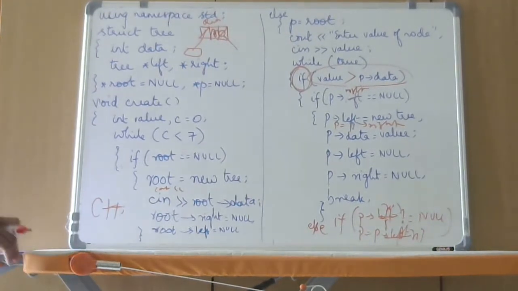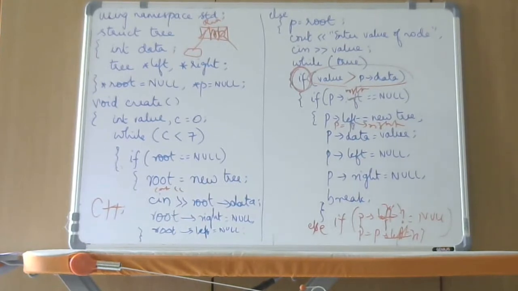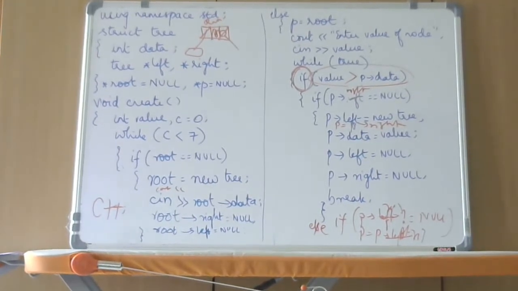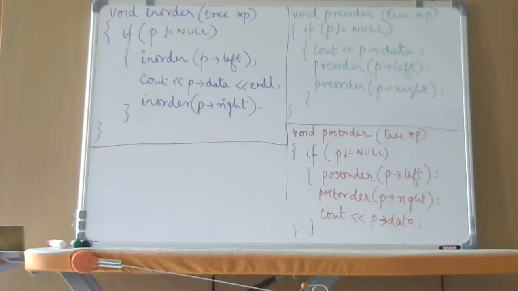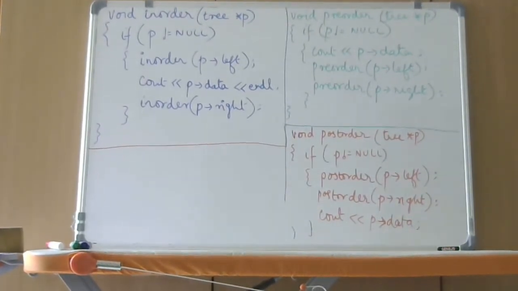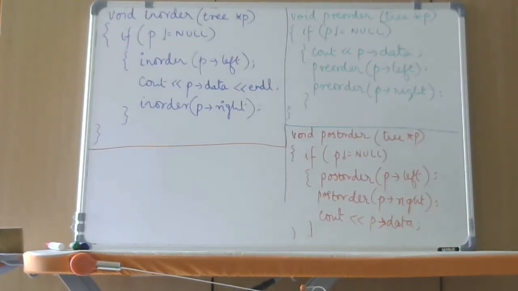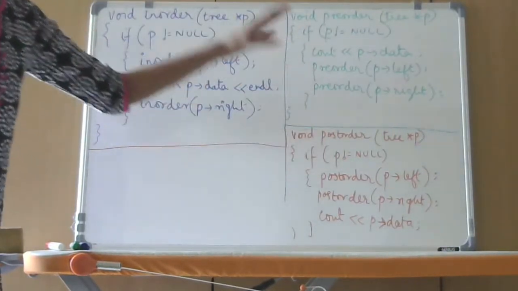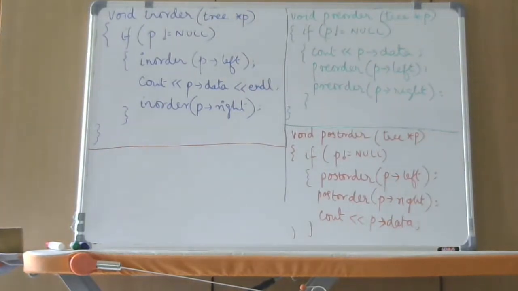Now once I have finished creation of this tree, I will show you how we can try to traverse the tree. We have finished creation of the tree. Now let us see how we can traverse the tree. We have seen how to create or insert the nodes. Now let us see how we can traverse the nodes. So in-order, pre-order, post-order are all the same except that, as we have seen already in a couple of examples, we have to maintain that order.